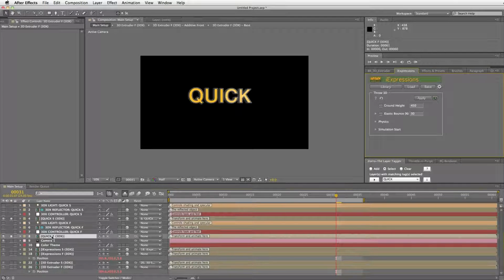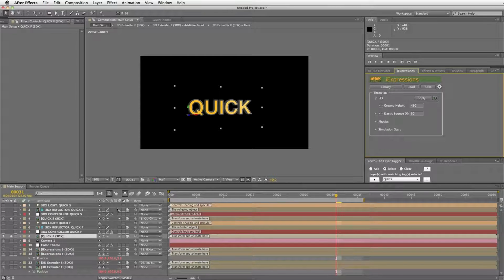And we're going to apply it to the fill of quick. So now that moved down because it was sitting above the actual floor, so through the physics it just fell to the floor. But what we're going to do differently for quick is we're actually going to take advantage of the fact that